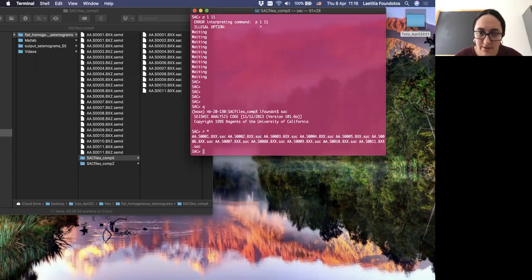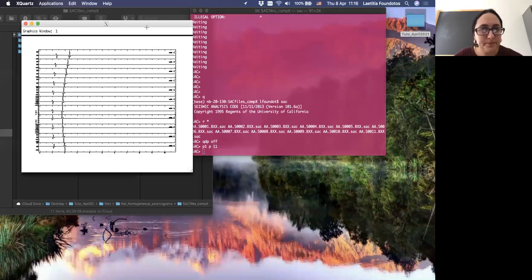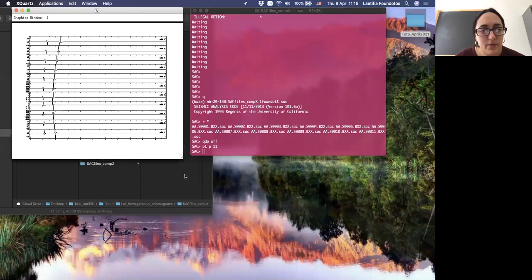Okay, and I will indicate that I want to represent all the 11 seismograms on the same plot to compare them.